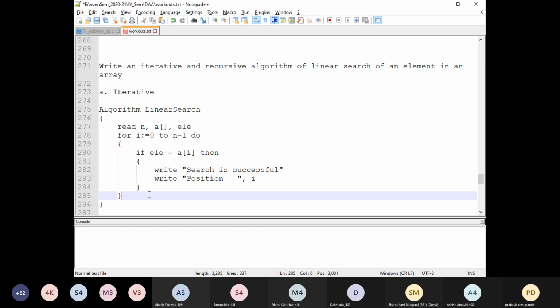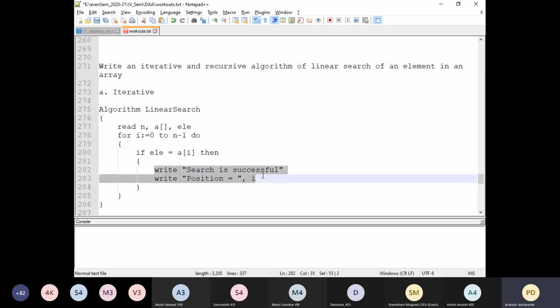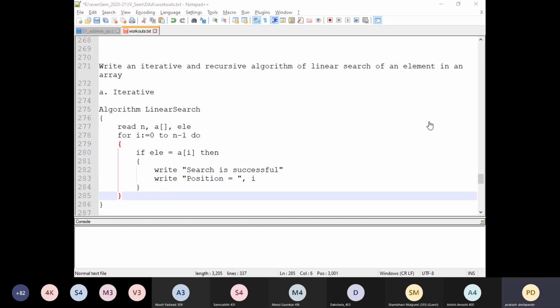Yes, sir. Right? Now tell me, how can I handle here the search is successful or the search is unsuccessful? If the search is successful, it is going to display over here. How can I handle the search unsuccessful scenario here? Can anyone think of it? Sir, else.